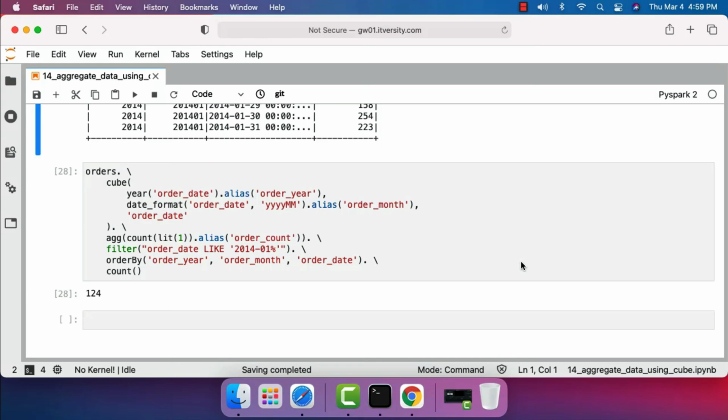Group by is a lot more useful when it comes to data engineering compared to rollup and cube. However, you should be familiar with those as well. In some cases, you might have to use rollup or cube to process your data rather than just using group by.